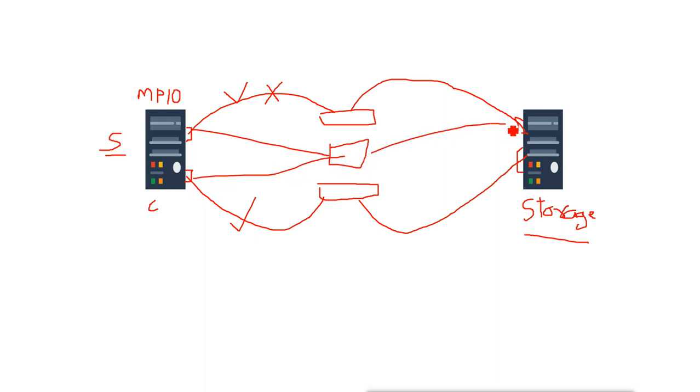Now in this case, what happens if this switch goes down? No matter how many connections we have, if this switch goes down, then both the networks will be down. So basically, for this to work properly, we should have completely separate networks which do not depend on each other. So even if this switch goes down, or whatever happens to the first network connection, the other connection must be